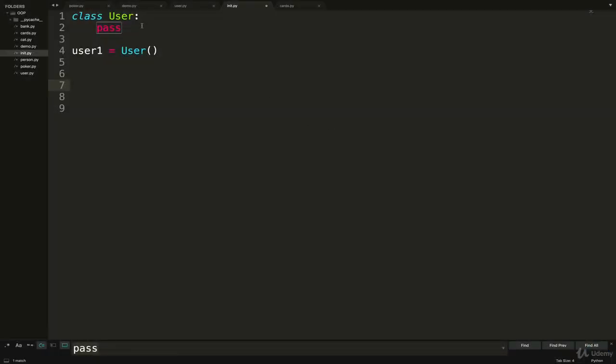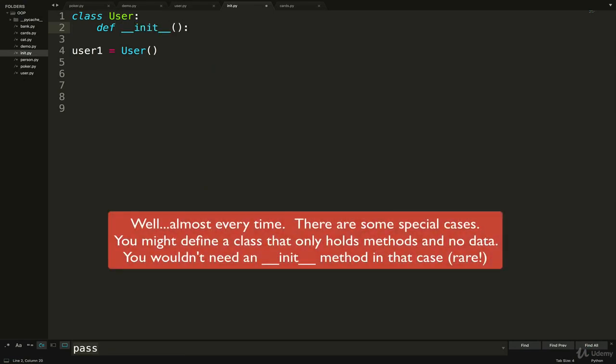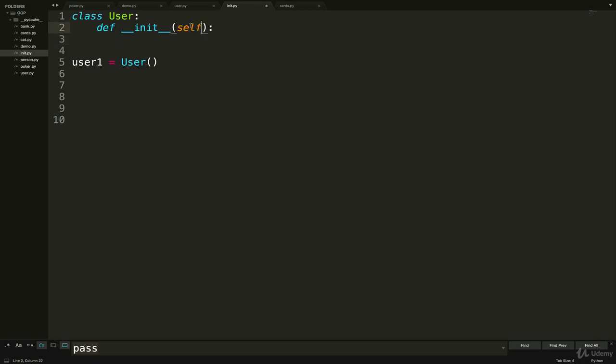So to prove that to you, let me define this init method. Every time we make a new class, we should have an init method. And one thing I do need to mention, we need to put self here. We'll come back to this self keyword in a moment, but for now, just trust me, it needs to go there. And let's just start by printing a new user has been made, like that, which I guess is passive voice, but whatever. And now let's make a couple of users, user 1, user 2, and user 3.